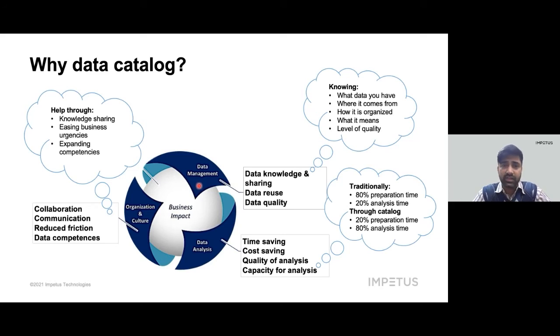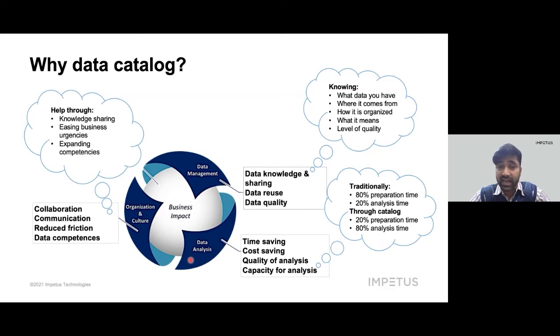On the analysis front, it helps us by saving time and effort. Why? Because we have seen that in traditional systems, a lot of time was spent, nearly 80% of the analysis time, in preparing the data. You prepare it, we cleanse it, we do a lot of things before we actually do the analysis. A lot of time goes wasted. Whereas if we have these kind of metrics and catalogs available to me, I do not even care. I can straight away go and do my main business, do analytics, and I can save a lot of time and effort. This also enriches the quality of the analysis that I do.